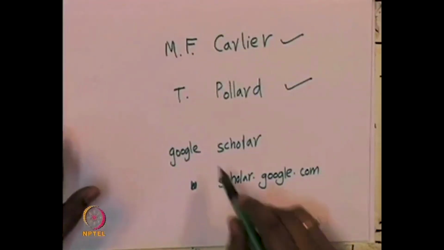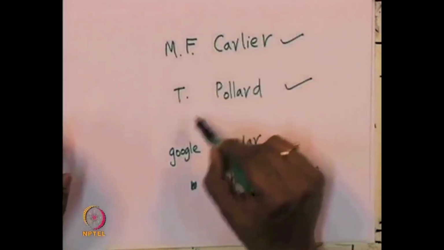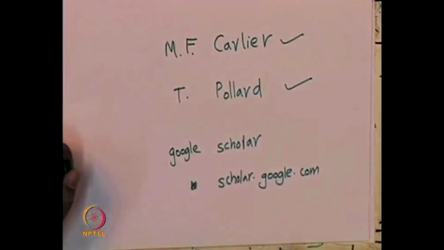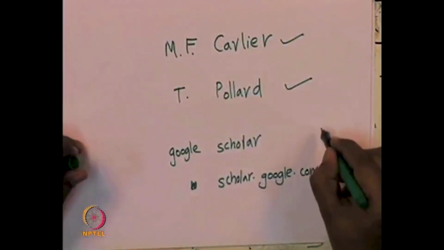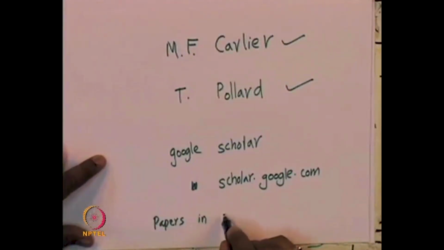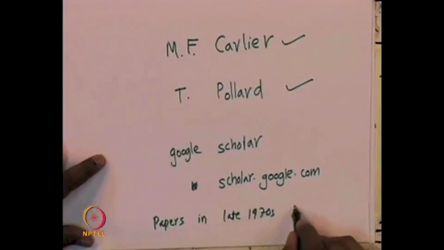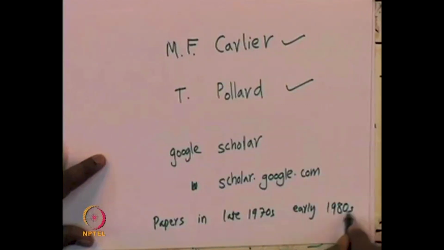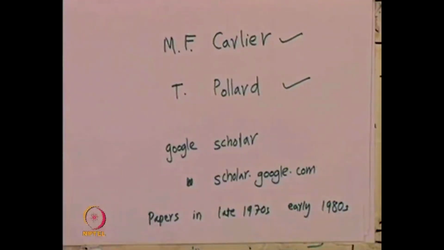Then search for M.F. Collier or T. Pollard and look at the papers from the late 1970s, early 1980s. So, roughly around this time, if you look at the papers, you can see that they have done experiments